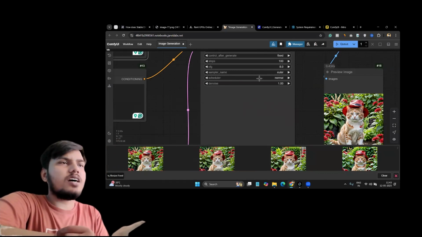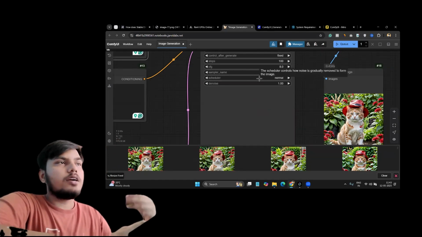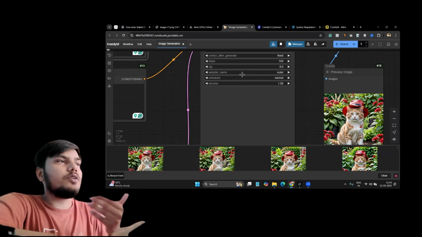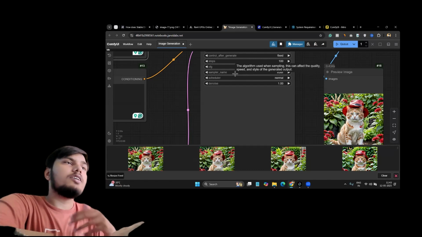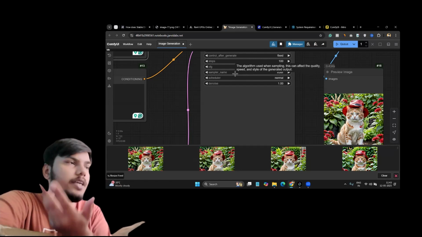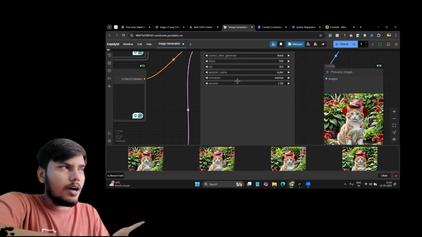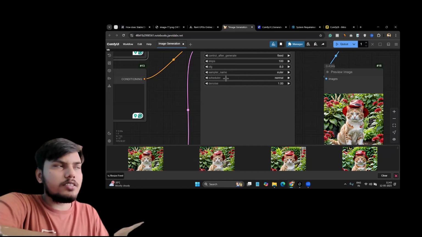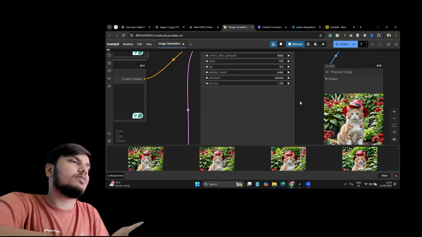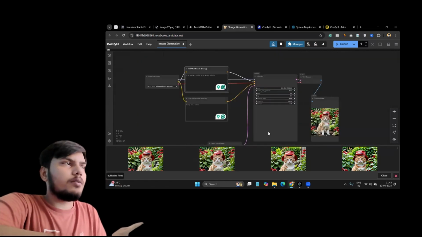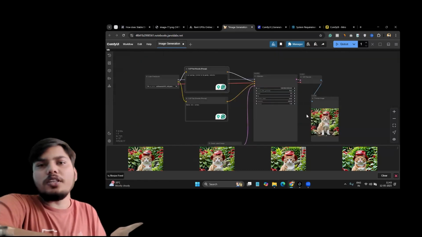Scheduler means how it will control the noise, and the sampler affects the quality. So schedulers control how denoising works, and samplers affect the quality of the images. You can play around with them and let me know in the comments